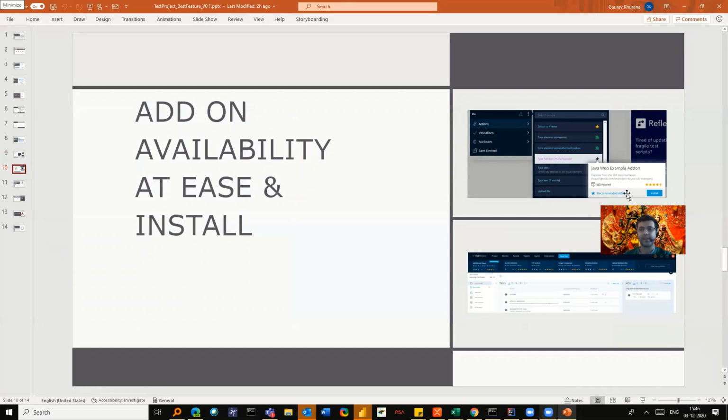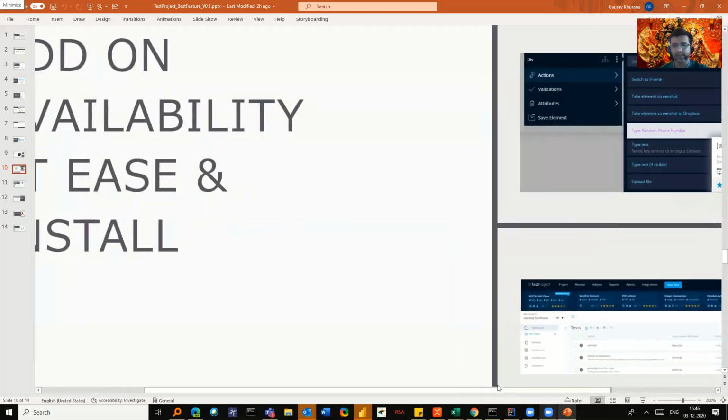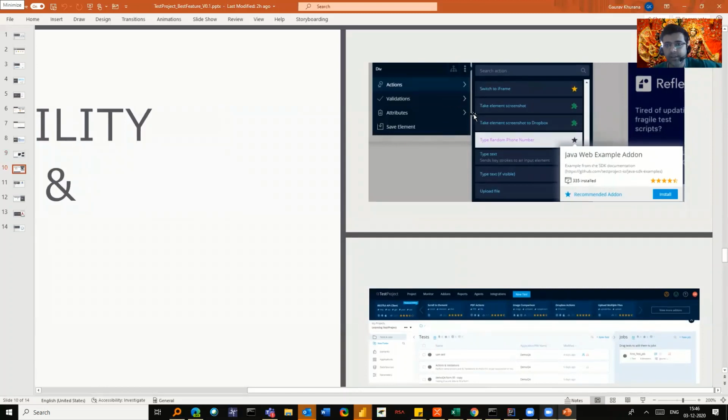Sometimes you need a JavaScript validator and some add-ons. Okay, it's very easily available. Like I showed you how to do validation, there are also actions you can perform on certain elements. For example, if I want to type a random phone number, you need not write code for it. It's already available, and you can see it's available right here. It's not like in other tools where you have to go to their settings, like in Eclipse you go to a particular option and install it, then come back to your program.